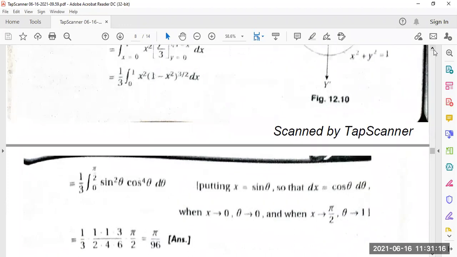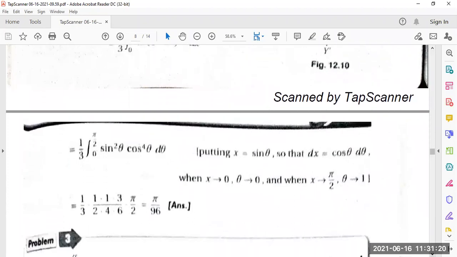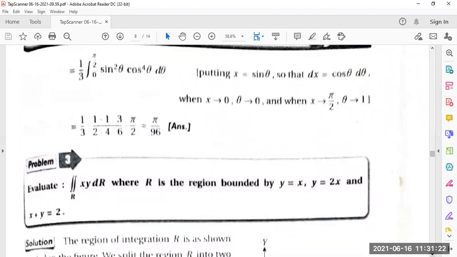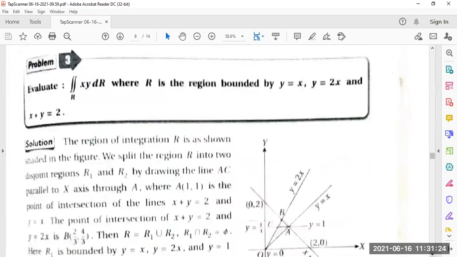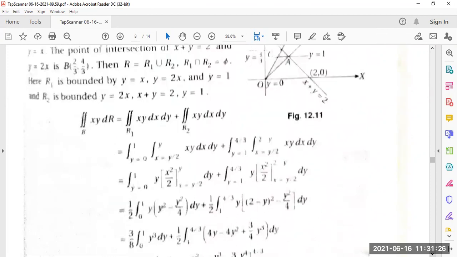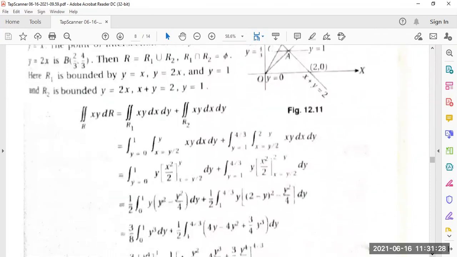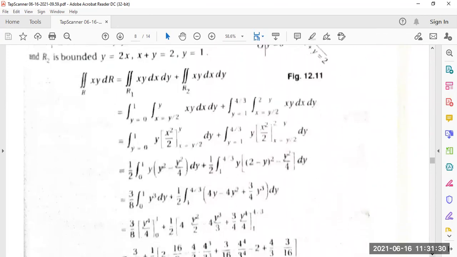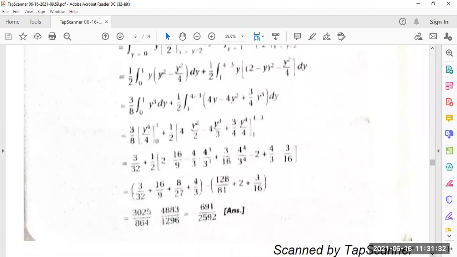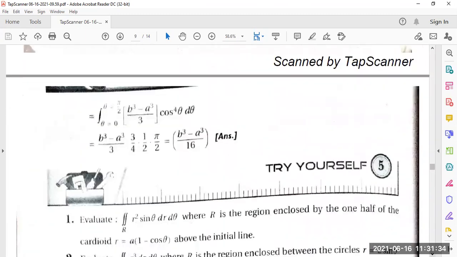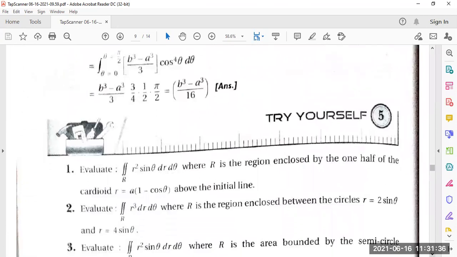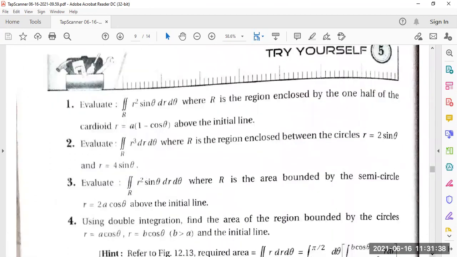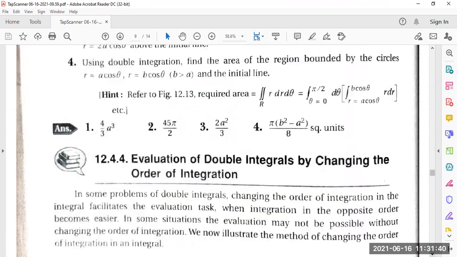Yes, sir. Okay, so that means we can find out the double integral. Another problem is given, and it will be given to you. In all the cases, it will be done the same way, right? Some problems are lengthy, and there are some problems which are given for you people also.